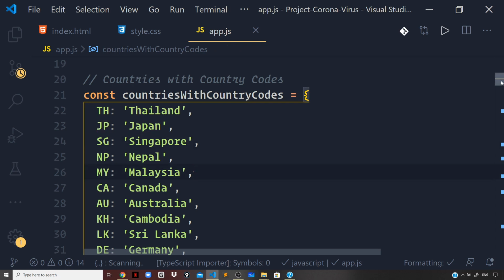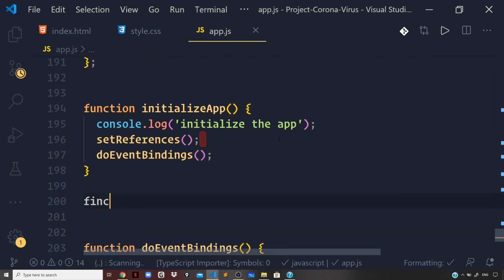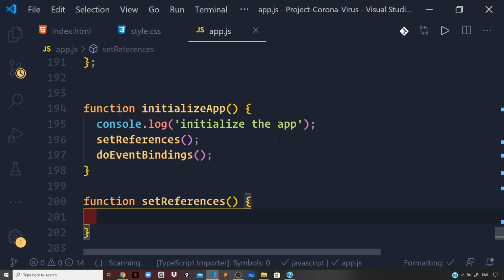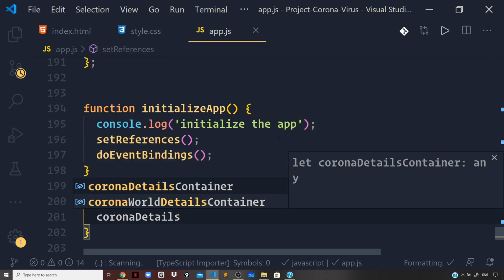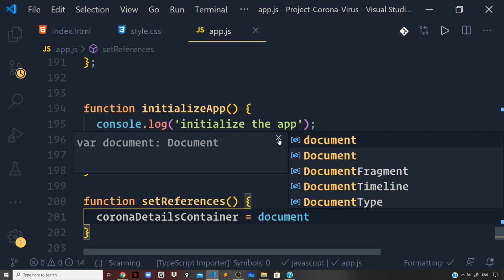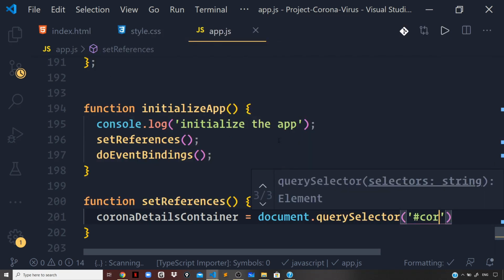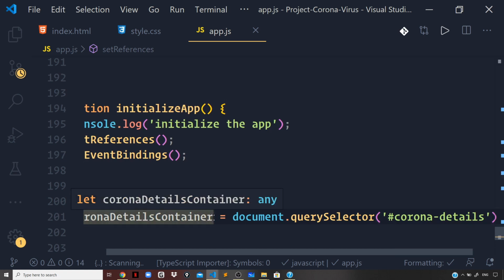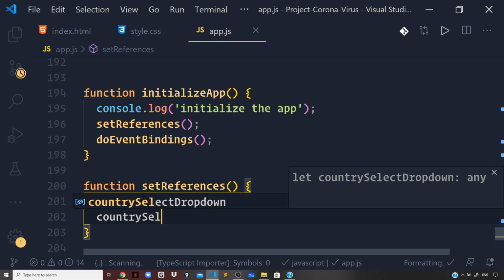Now let us set up the references now, and right below the log I will say set references, and let us define a function named set references, and we will set up all the references here. So first one was Karuna details container that we earlier made a variable for. So Karuna details container document.querySelector and hash Karuna details. Next one is the country select dropdown. So I will say country select dropdown